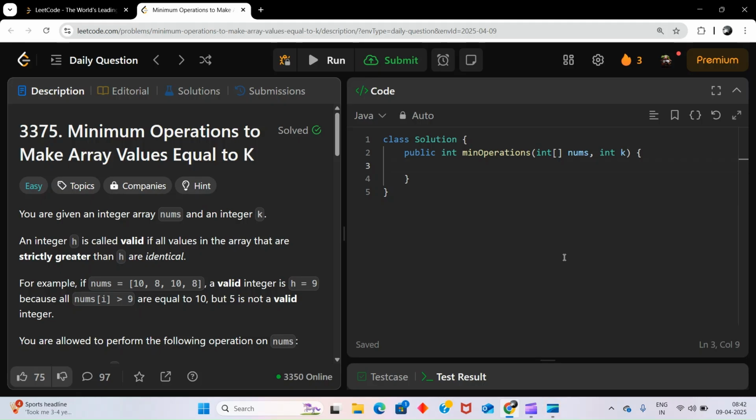Let's start solving today's LeetCode daily challenge question. The question is minimum operations to make array values equal to k. You are given an integer array nums and an integer k. An integer h is called valid if all the values in an array that are strictly greater than h are